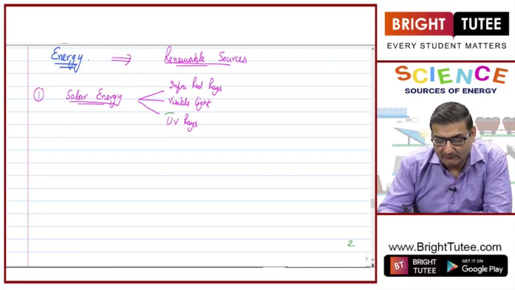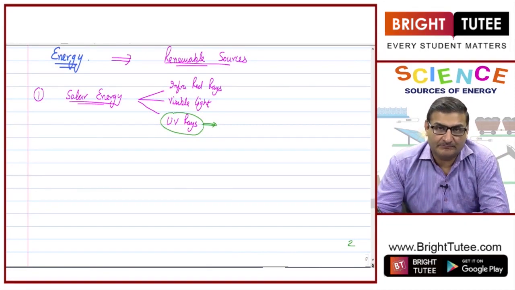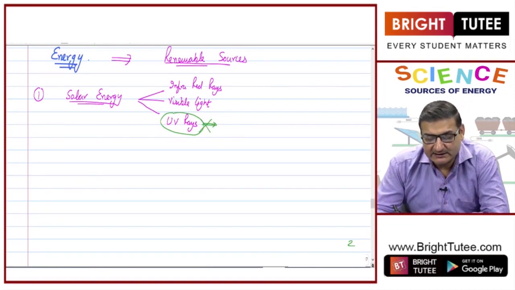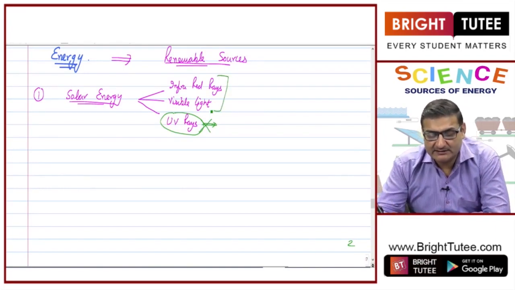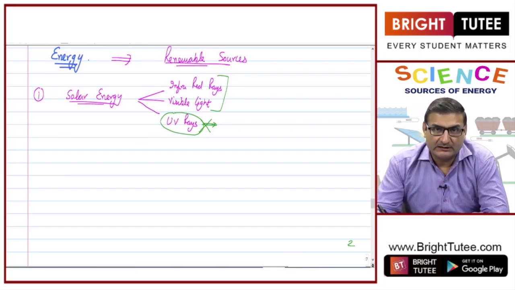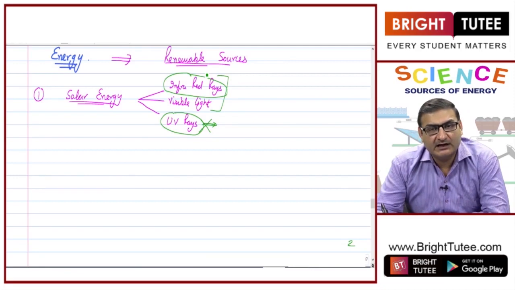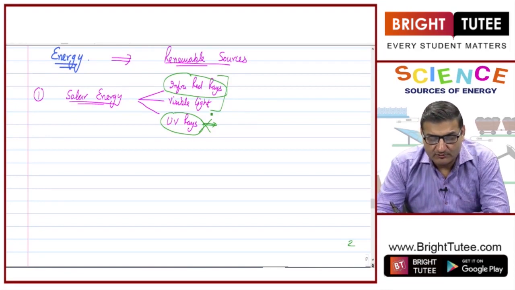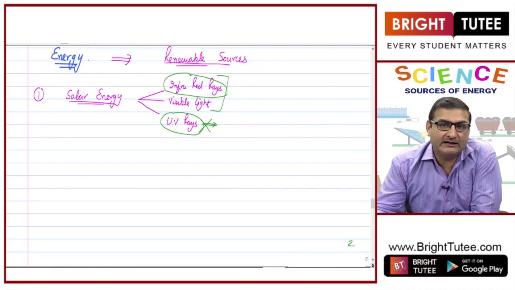Now, these ultraviolet rays, they are reflected back by the ozone layer of the earth. So, that is why these ultraviolet rays do not reach our earth. Fine. What we receive is infrared rays and visible light. Got it? All the heating effect in the sun's energy or the sunlight is because of these invisible infrared rays. Fine. Alright. So, these two parts of the components of sunlight, they reach our earth, and we are very fortunate